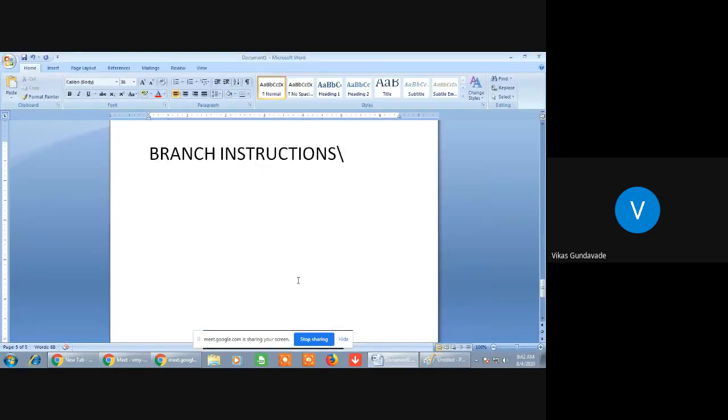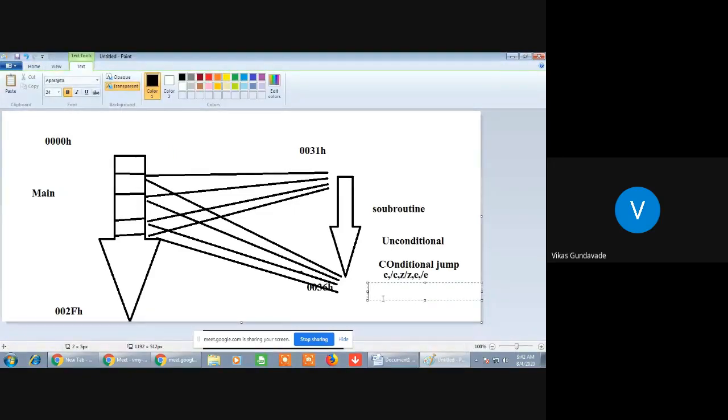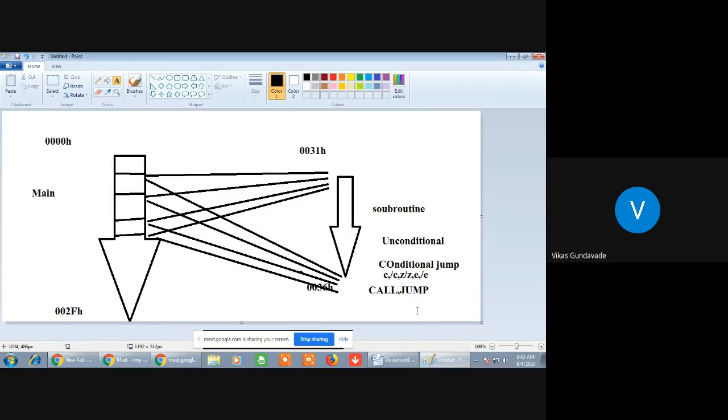In the branching instructions, one more thing: these instructions are either call instructions or jump instructions.